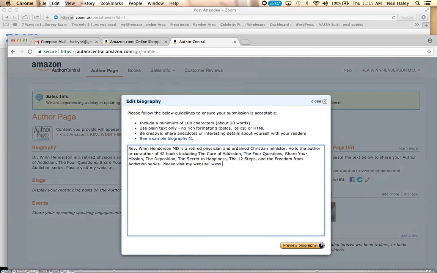We didn't have that, and I don't know if it gives you the automatic direct link to it. Freedom from addiction3.com. All right, so basically I went ahead and put that in, but let's think about what we want in a biography. You want things to be searchable. So what do you think we want to have in Bill's biography?